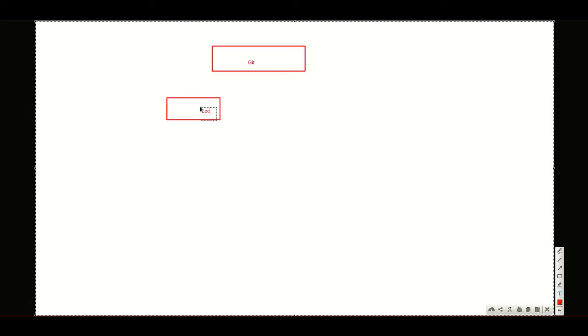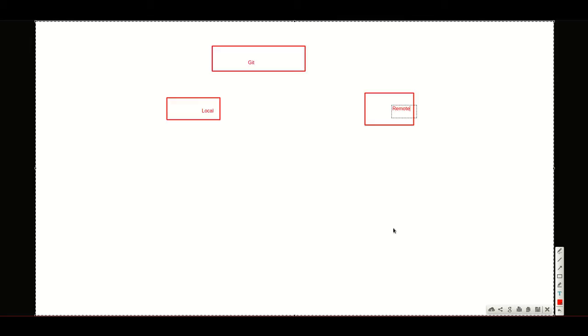The first is local and the other is remote. Remote means a web server, and local is your own machine. When you work on a project and push something in Git, first you push to local, and after that you push to remote.